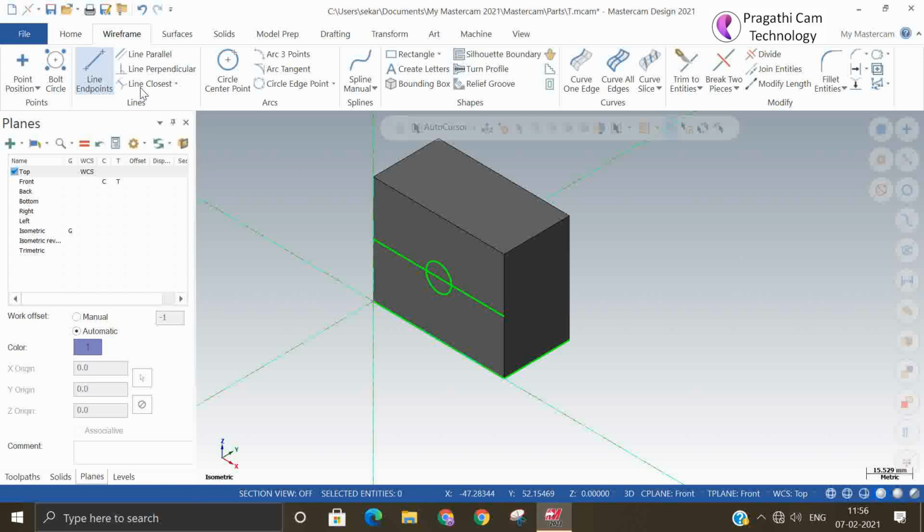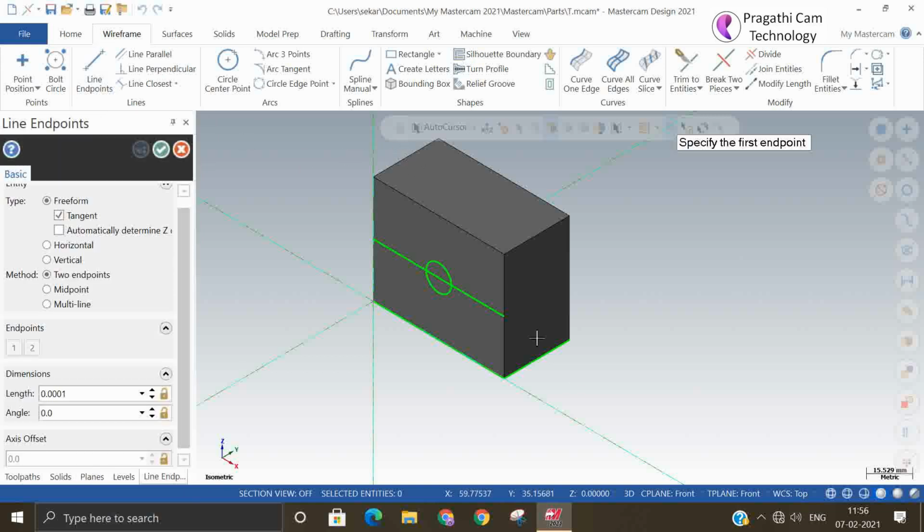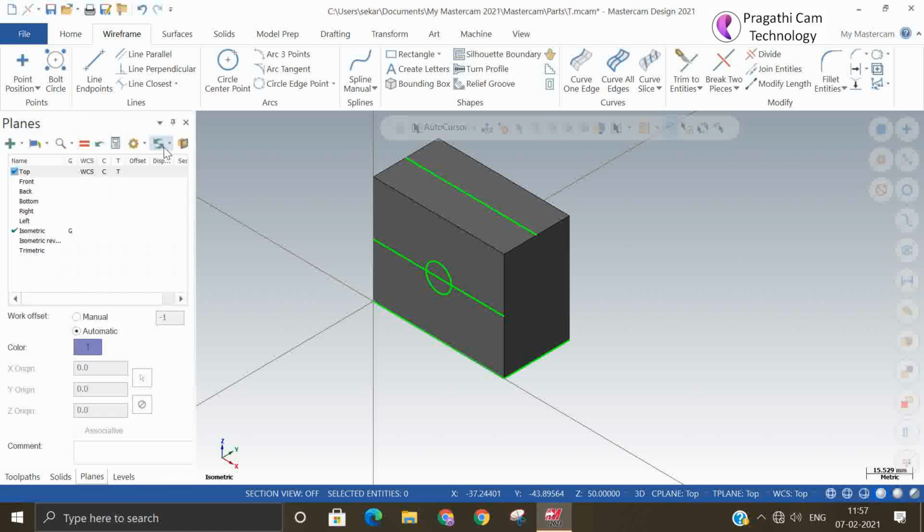Now I want to translate this same thing to the top view also. I just kept my Z position above, so I made one line here.